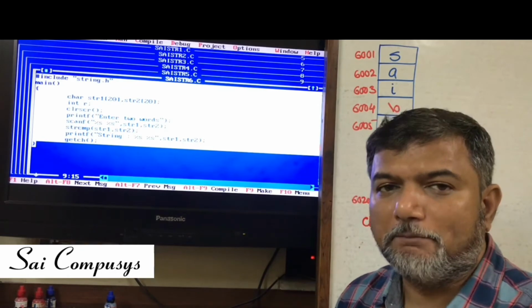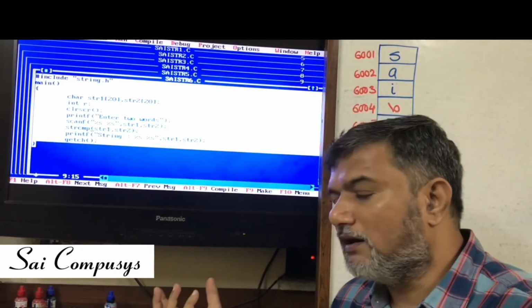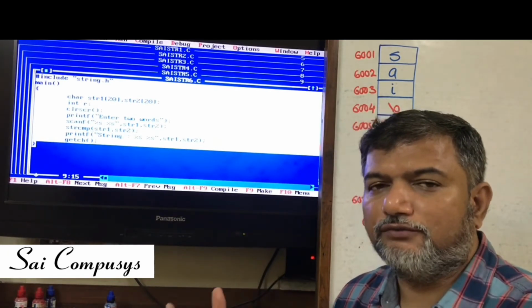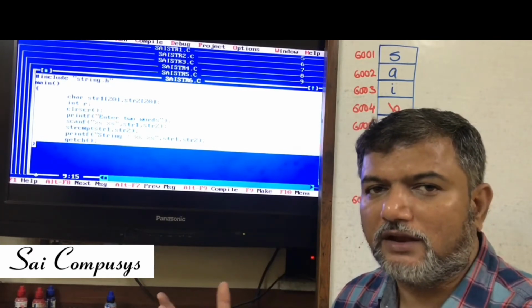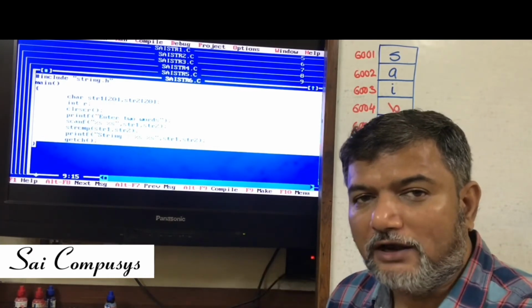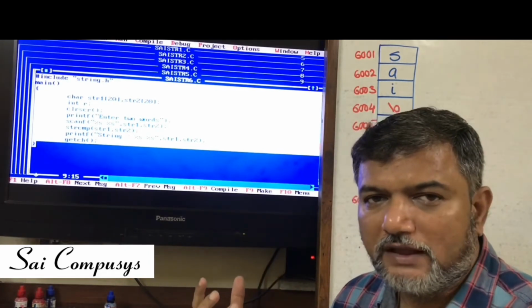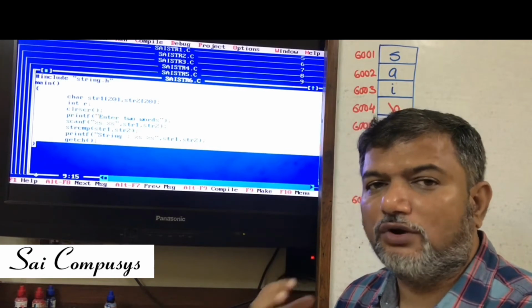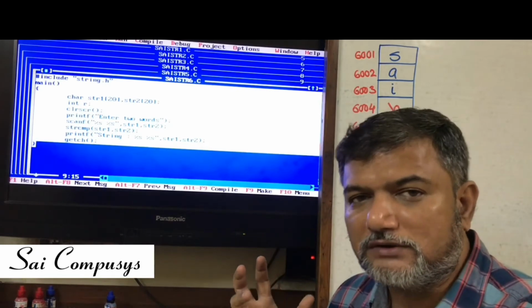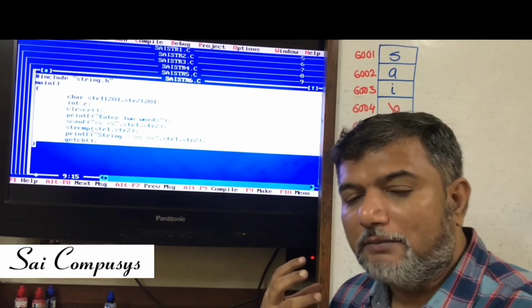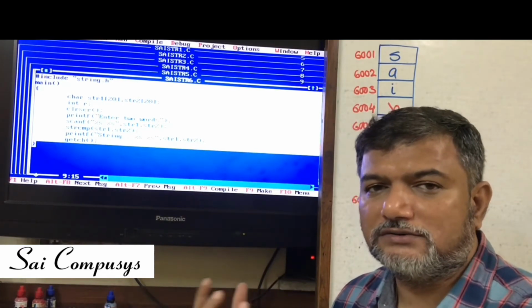CMP stands for compare. Here we are talking about comparing two words. In earlier programs or in normal day-to-day life, we compare the magnitude of numbers. We say 20 is greater than 10 or something like that. We go for comparison of values, of numbers, by comparing the weightage of the numbers. But while comparing words, it's not about magnitude comparison, it's not about comparing the length of the words. While comparing, the actual ASCII values of the corresponding characters are compared.